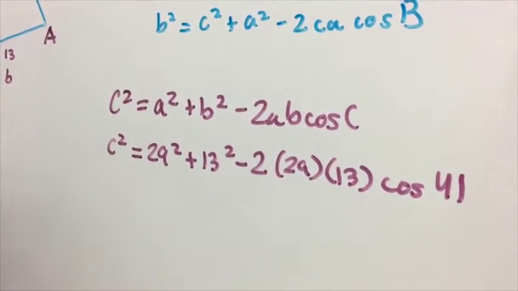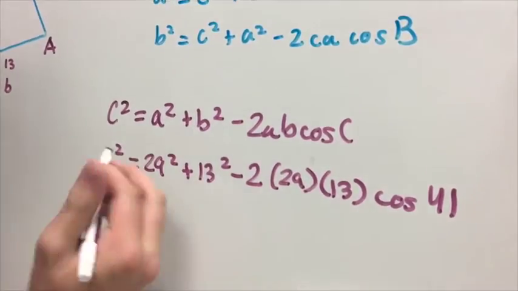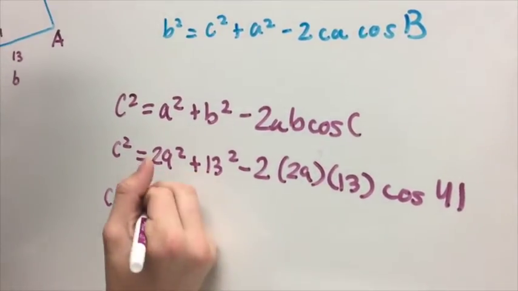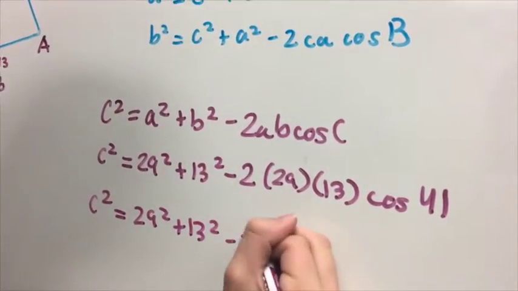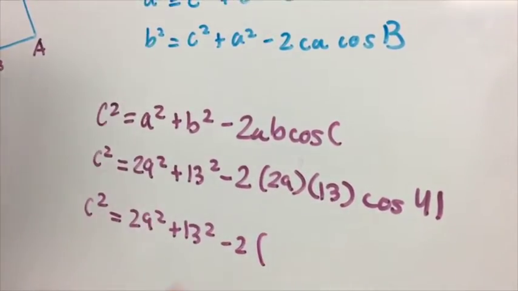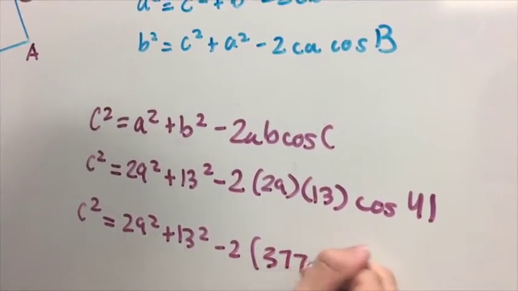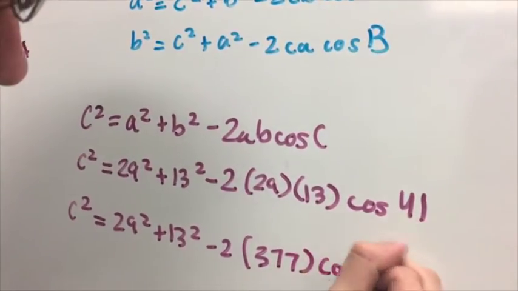Now we want to multiply these two, 29 and 13, together. We get c squared equals 29 squared plus 13 squared minus 2 times, and that multiplied together is 377, cosine of